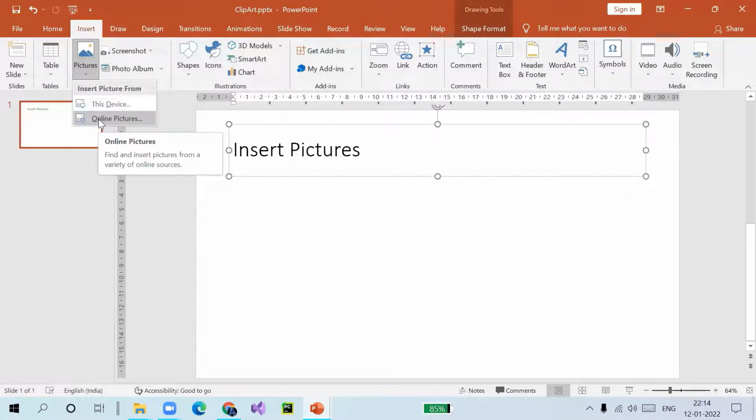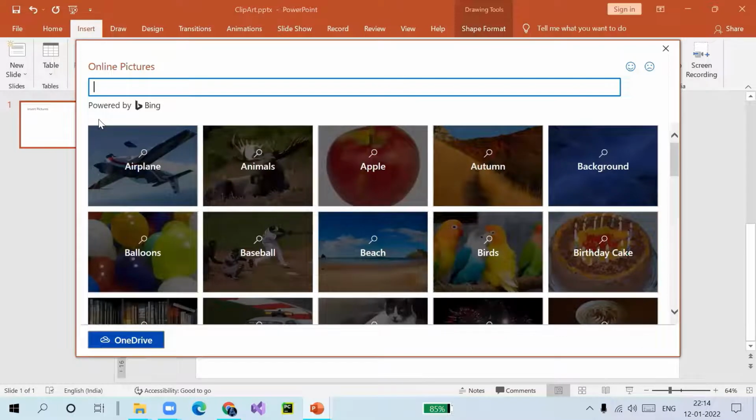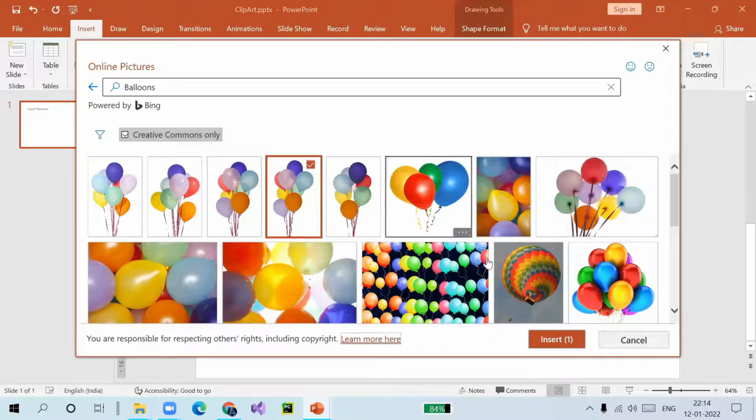So you need to click here on the online pictures, and you will get this Bing search, and you can choose the pictures as per your requirement. For example, let's say balloons. Suppose you are preparing something related to birthdays and all. So you can choose this selected image of your choice and then click on this insert button.